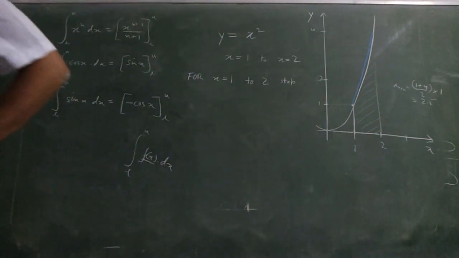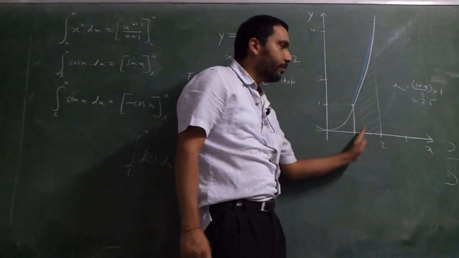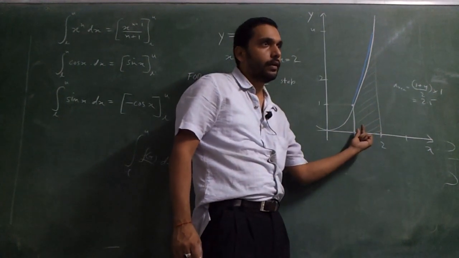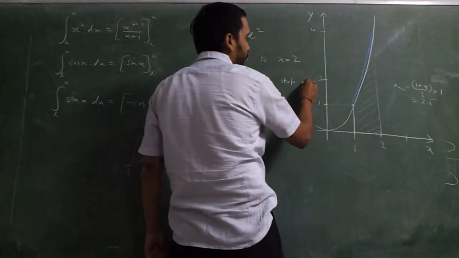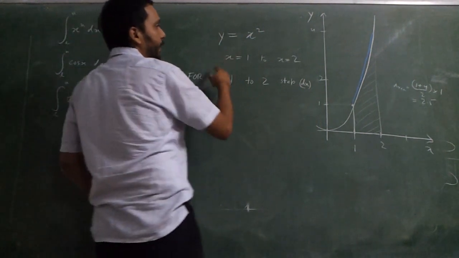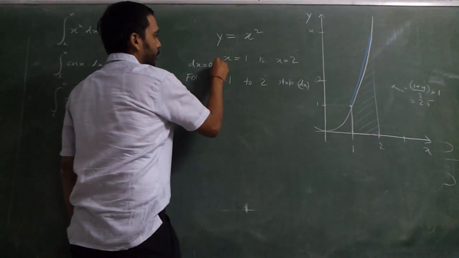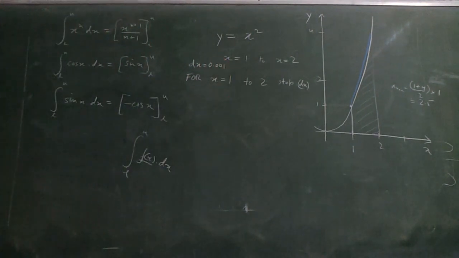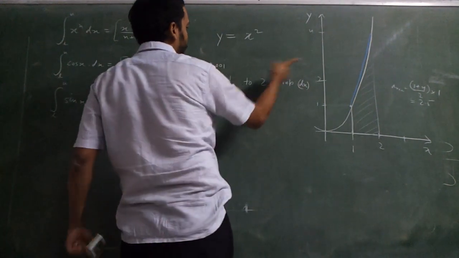Now I will have to take steps of many small intervals so that I get an exact area. I'll start from 1, but I'll go in very small steps and calculate the area over each small step. So I'll go in steps of, I'll call this thing dx. This is the variable dx, okay? In my program, dx is equal to 0.001 or something like that, or 0.00001, depending on the processor of your computer, okay? It can really hang if you put many zeros over there.